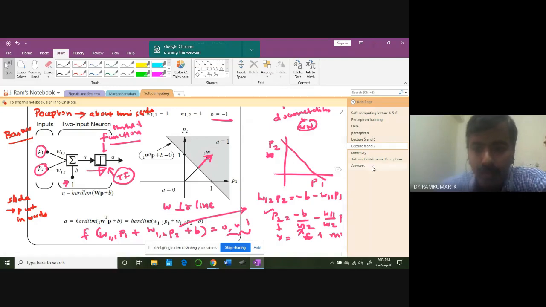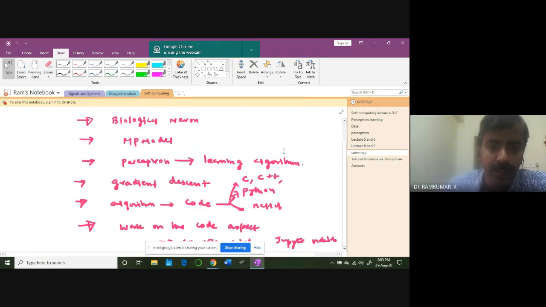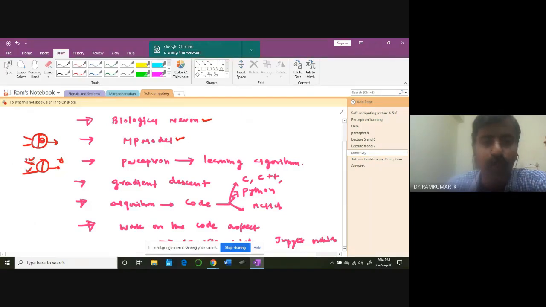So far we have been talking about three main concepts. We discussed biological neurons, the MP model, the McCulloch-Pitts model, with inputs and a threshold. Then perceptron models with weights. You can use learning algorithms to identify the weights, and the algorithm we have learned is more like a gradient descent algorithm. In today's class, let us see one Python code on a notebook. Along with that, we'll try to work out some problems also.